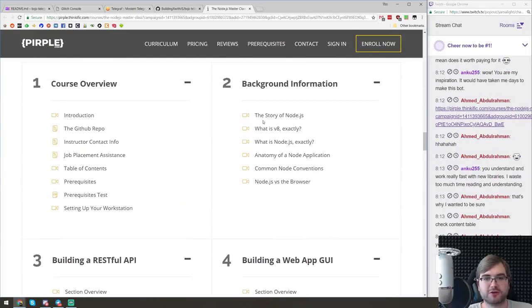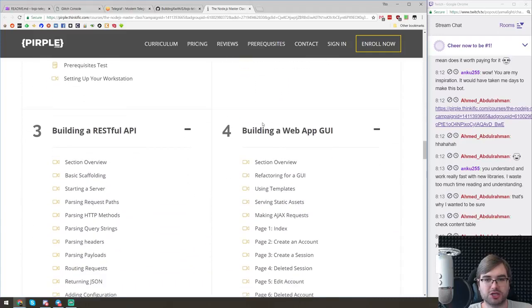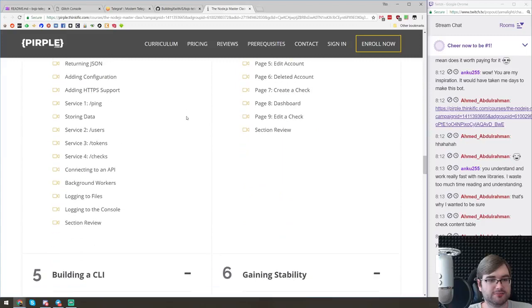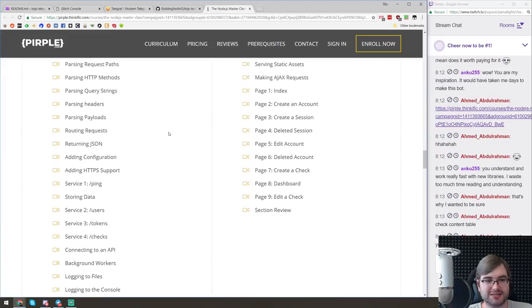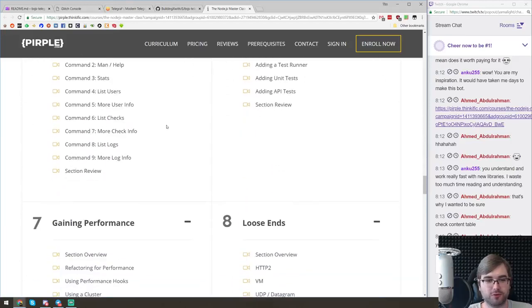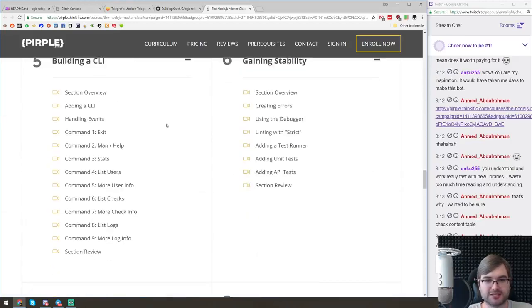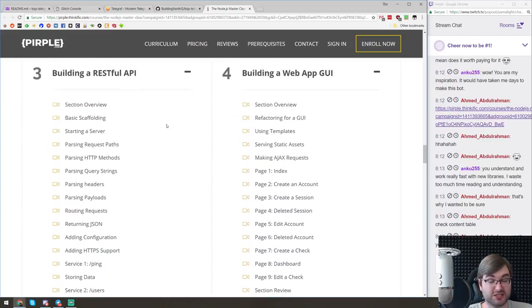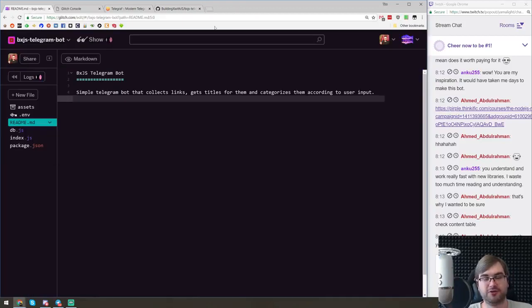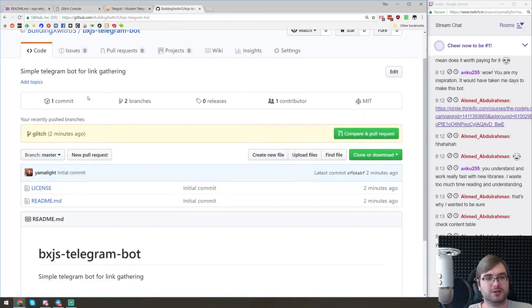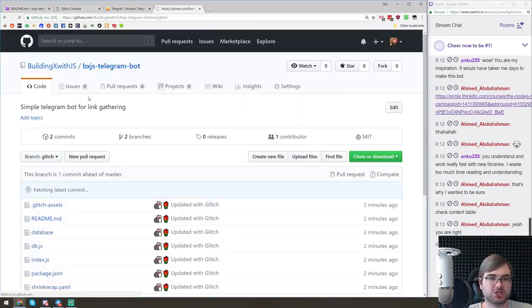Okay, so the first two lessons is essentially what is Node.js and how to work. Parsing, I don't know. I mean, it's up to you to decide if you want to do that, but it seems like you can basically do the same by just reading the Node core docs, because the documentation is really good in Node. Like if you never read the Node.js docs, then okay,